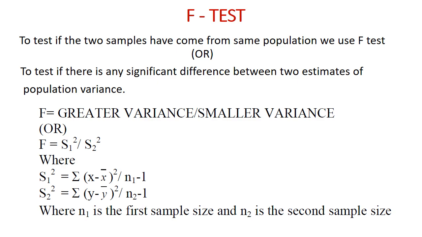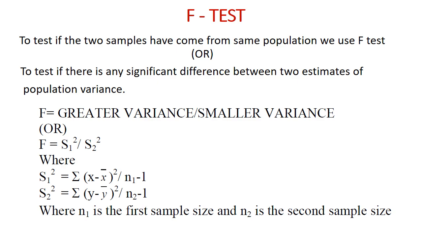Next, we are going to see about F test. To test if the two samples have come from the same population, or to test if there is any significant difference between two estimates of the population variance, we use F test. So F is equal to greater variance by smaller variance, or F is equal to S1 square by S2 square,